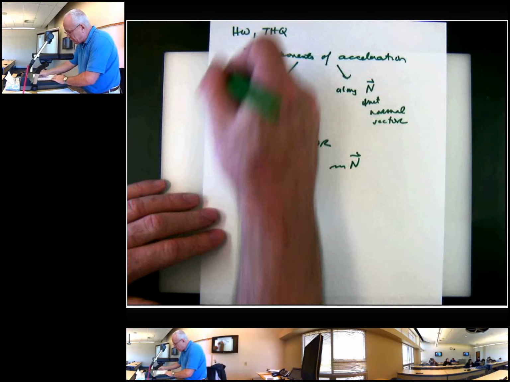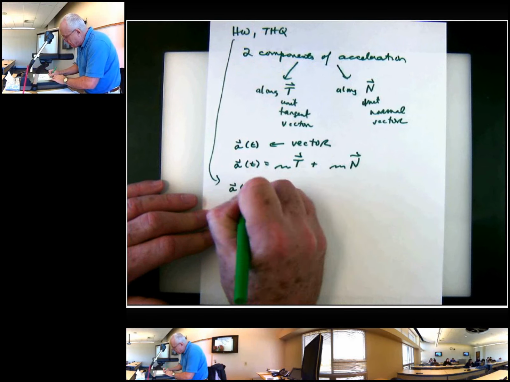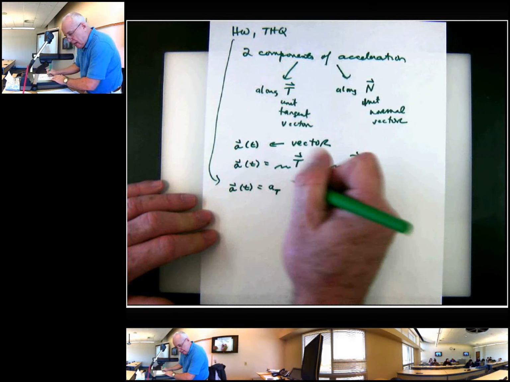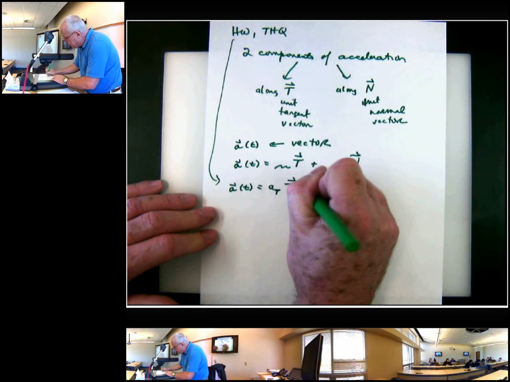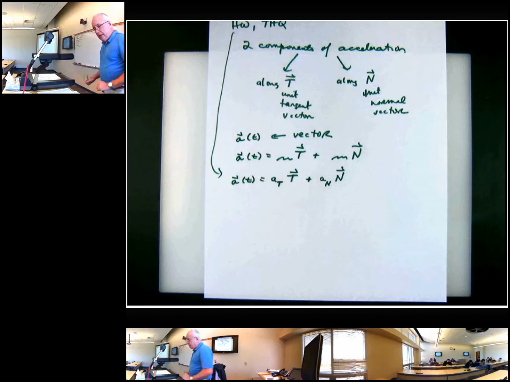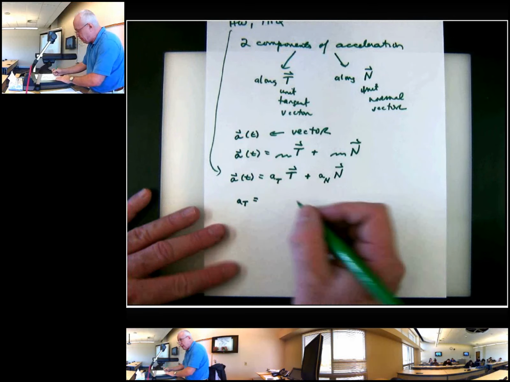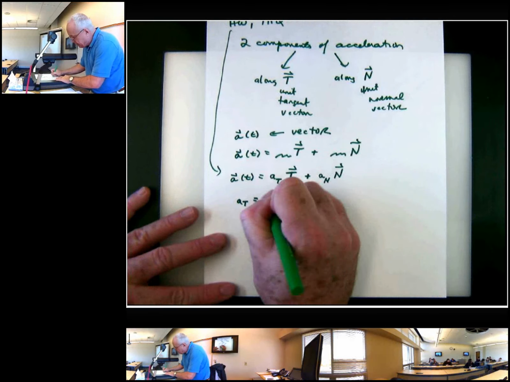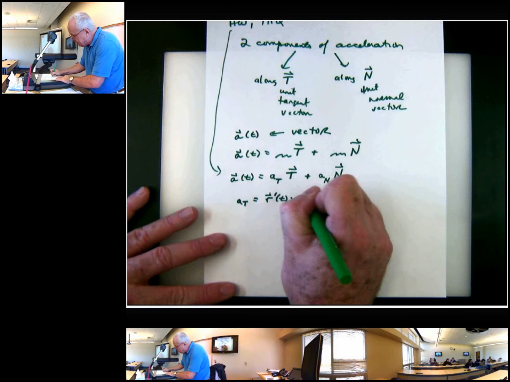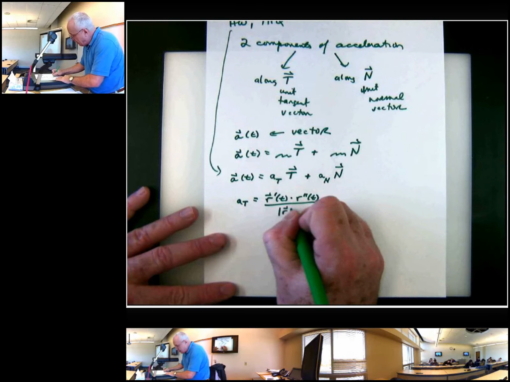So here's the formula that you'll be using in homework and take-home quiz. The acceleration vector is equal to something that we call a sub t times the unit tangent vector plus something we call a sub capital N times the unit normal vector. And here's the formulas for these things. A sub t is equal to, and you guys will not have to be memorizing this, r prime, the derivative of the position vector, dot with the second derivative of the position, all over the magnitude of the